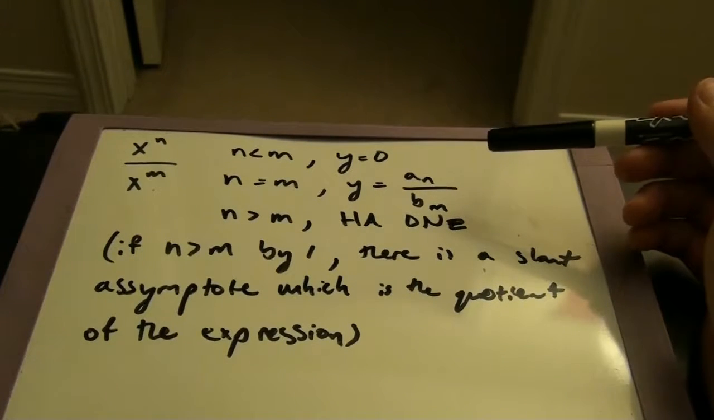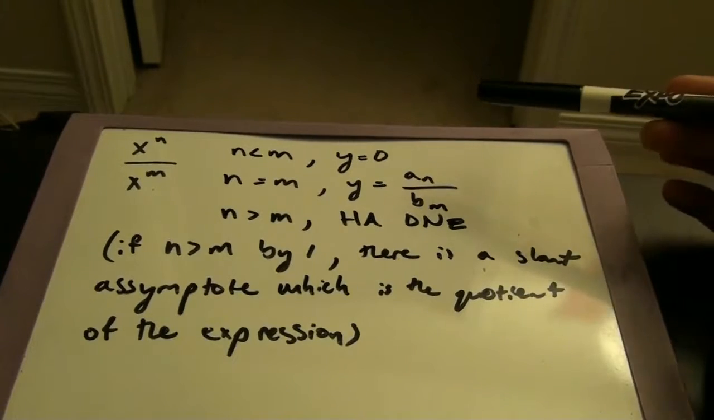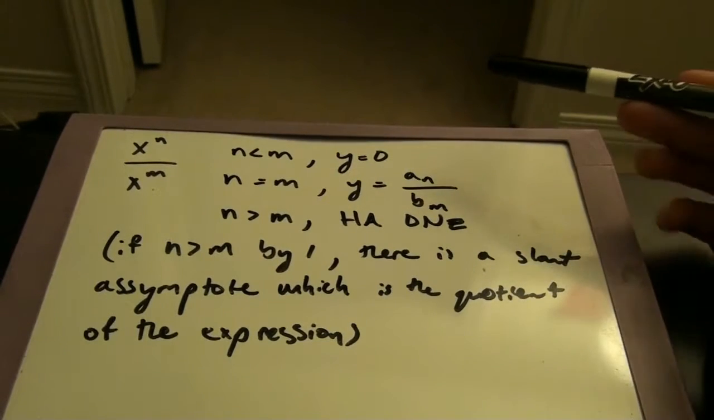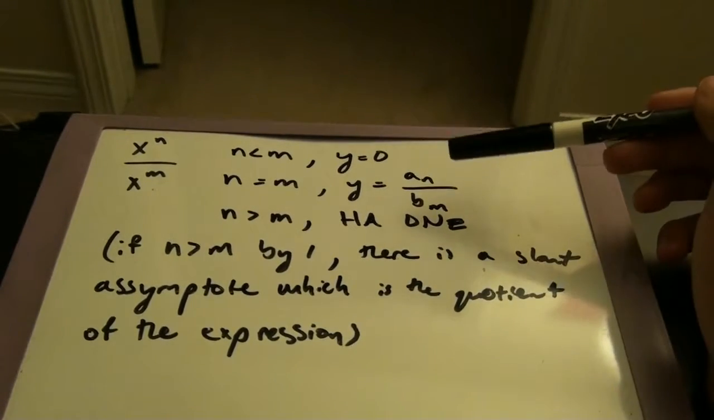This is for 2.6, limits at infinity. First we're going to go over the rules for horizontal asymptotes. If the power at the top is less than the power at the bottom, then there's a horizontal asymptote at y equals 0. If the power on the top is equal to the power at the bottom, then there's